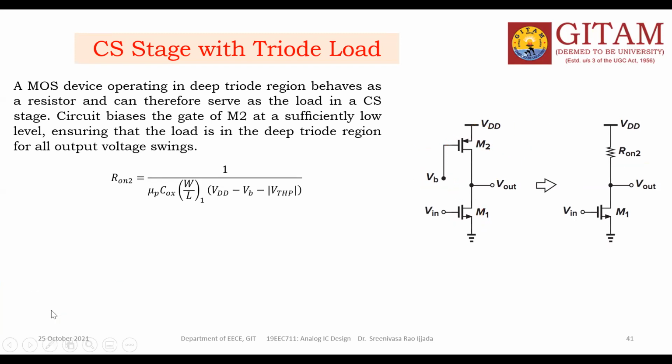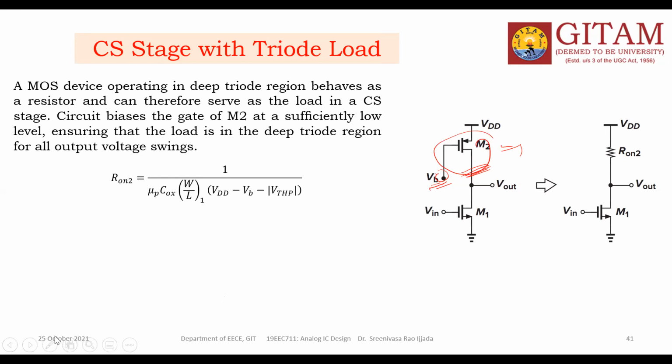In the earlier circuit, the constant current source or current source load, VB was the voltage required to keep this transistor in saturation mode. Now VB is the voltage that keeps this device in the deep triode region. That is the difference. Whenever it is working in the deep triode region, it is definitely replaced with a resistor, a variable resistor of course.